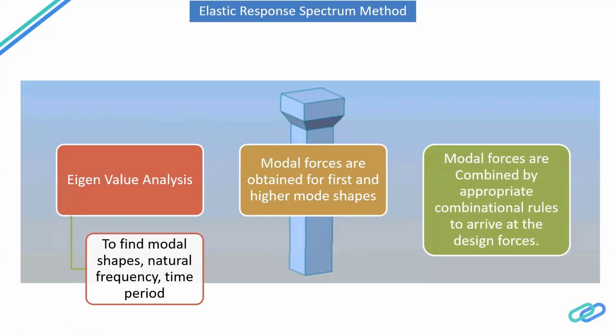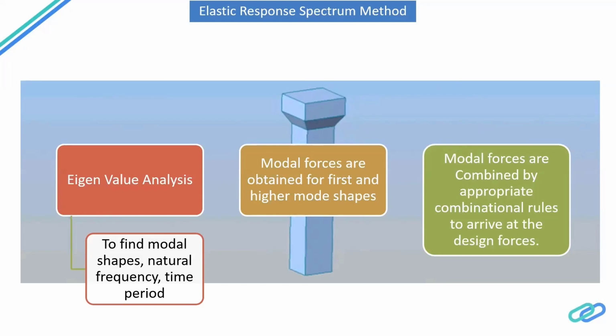Those things it will do, like 15 or 20 mode shapes, and obtain all the first and higher mode shapes, and those mode shapes it will combine and find the design force. This is a very appropriate method compared to the earlier one. It is a more conservative approach, but this one is an appropriate method, because if you see a